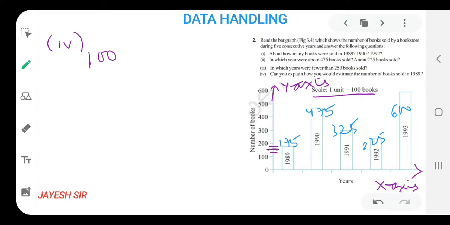Yes, friends. By this we can say that dividing the lines between 100 and 200 into four parts, we can see that three parts are being covered over here. You can see three parts are covered. How are three parts covered?